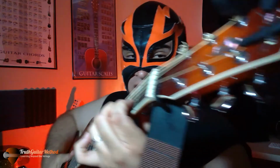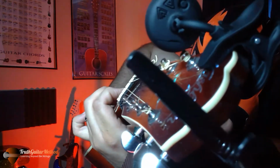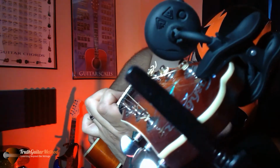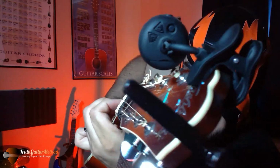Let's say I was playing the D chord. D chord is one here, one here, one here. And then, well, now watch. Look at the space in between there. You see? We do not want to do this. We want to have a little bit of space. Not this, but this. Okay? Because that will allow you to move quicker